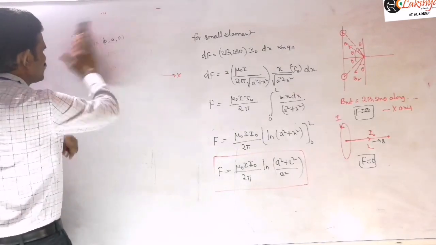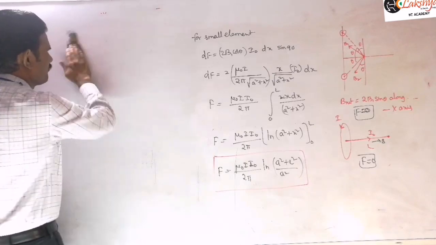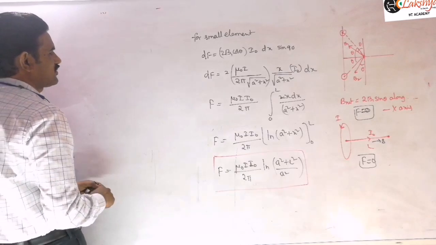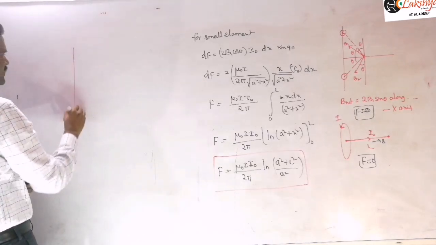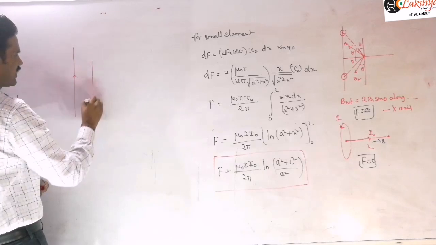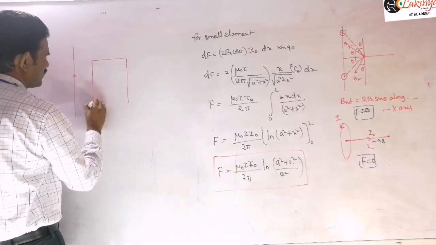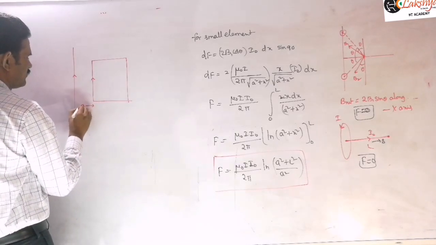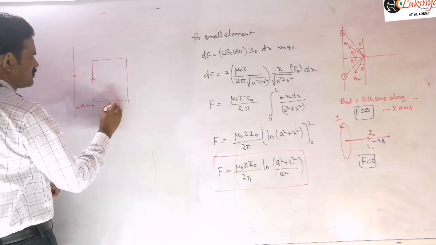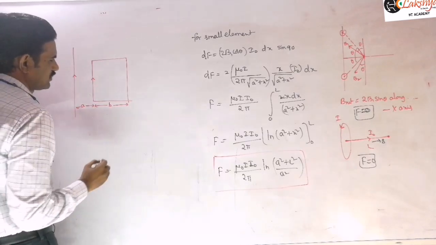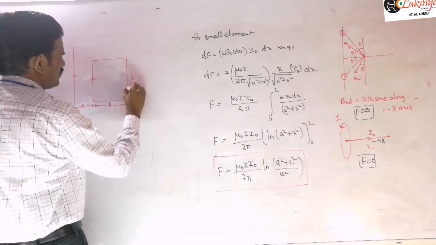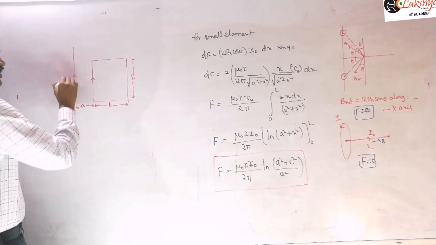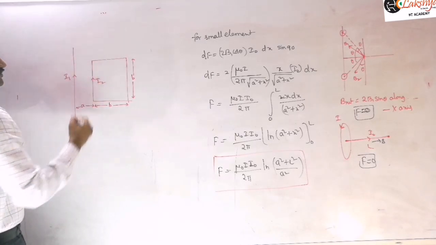And based on this knowledge you can also solve another problem. If I am taking this wire source, that means a loop is placed near this long current carrying wire here. A rectangular loop is placed like this. So this distance is A and this distance is B, let us consider here. Or we may take this as a square loop, so that this side will also be A. This is the situation I am taking here. This is I1 and this is I2.